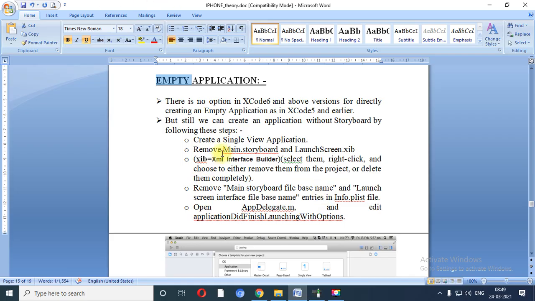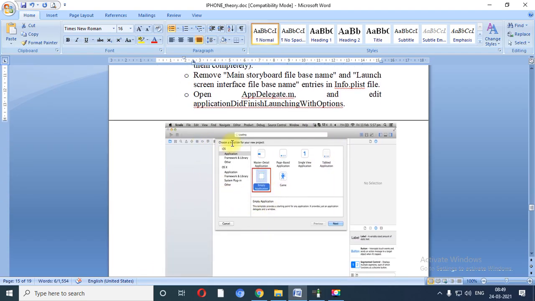Number 1, create a single view application. That means, see, this point we have already seen at the time of IDE, right? Let me share the screen over here. See, this is the template for your new project. Master detail, page based application, single view application. At that time we have selected single view application, then tabbed application, game application, and empty application.